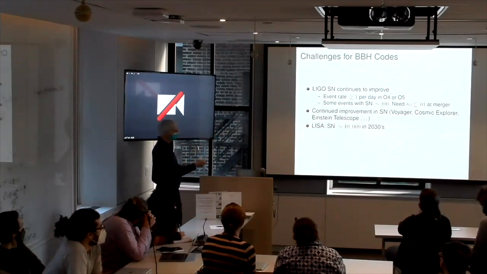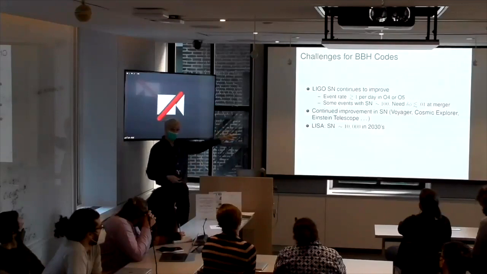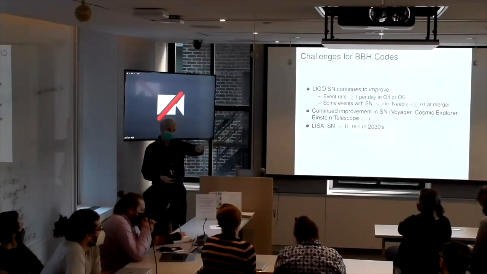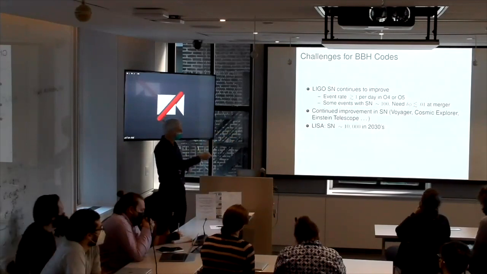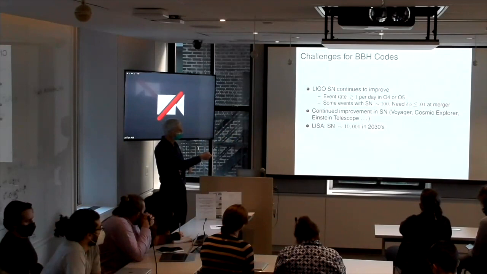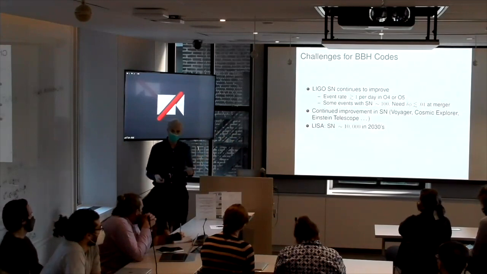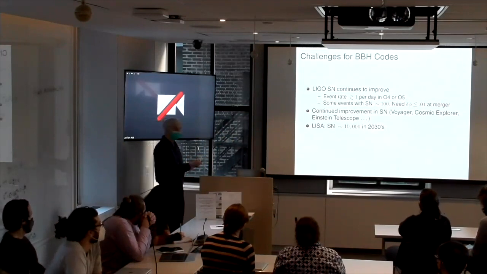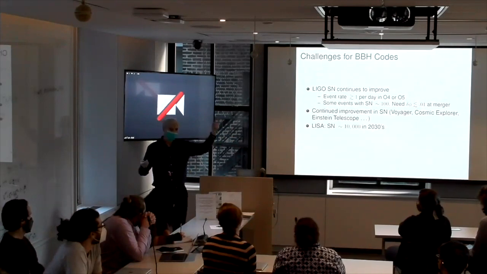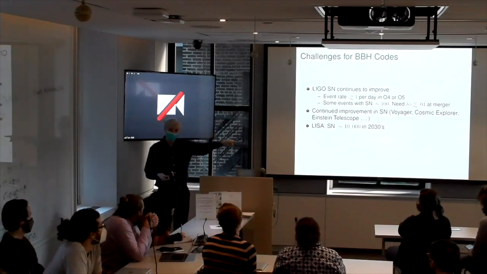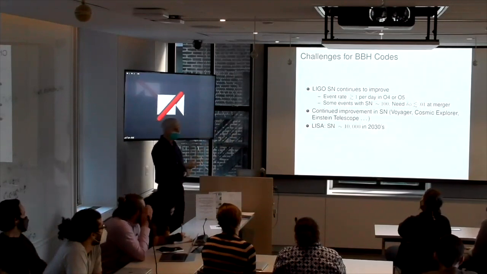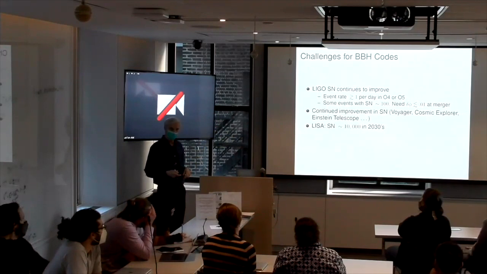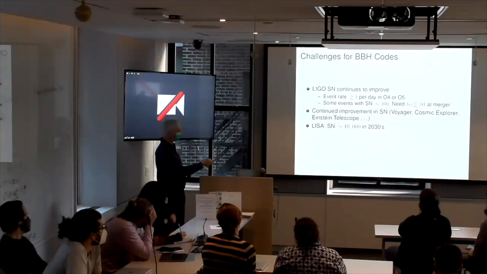So roughly we need a phase accuracy over the whole inspiral and into the merger. I'm not doing this exactly, but a good rule of thumb is just take 1 over this. That seems to work. So 0.01 cycles, after as many as 40 cycles when you're in band. That's beyond what people are doing today. So you would need to improve the accuracy. And then if you look ahead to future